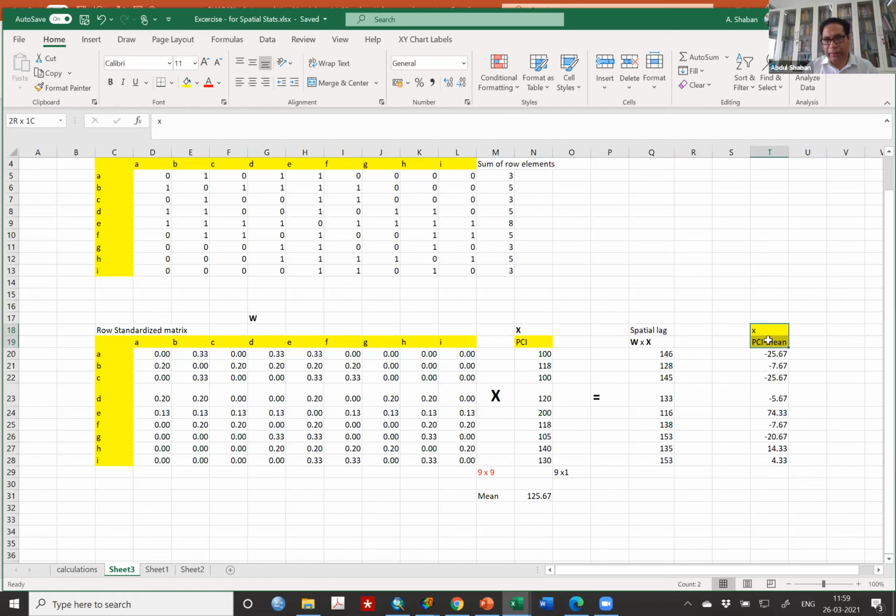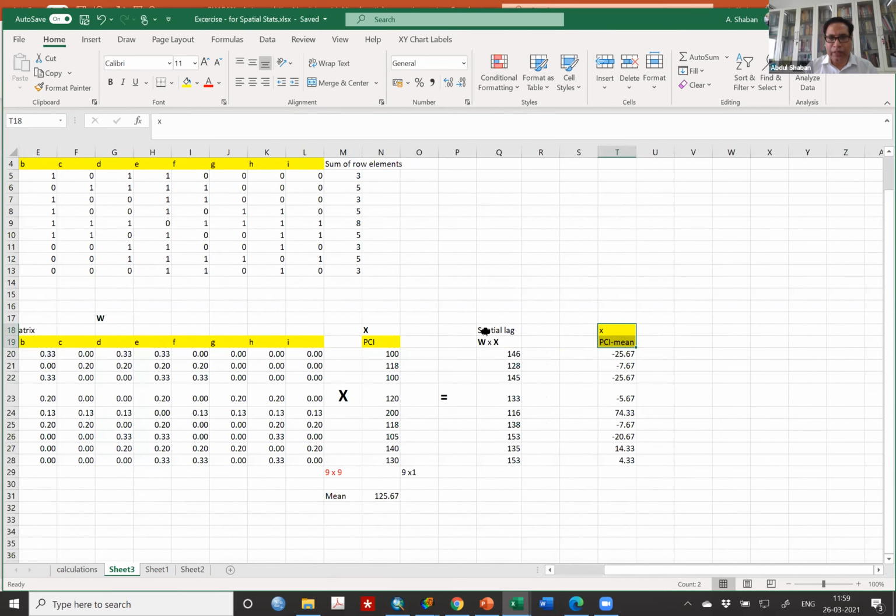So you have this deviation. Now you need to multiply. You had one multiplication like this here. Now you need to multiply this mean deviated one with the W matrix. Again, you have to do W, assuming that it is your X again, because this is what you are going to use for calculation. So you have W into, I can use star for the multiplication here, then X, that means this one, the mean deviated one.